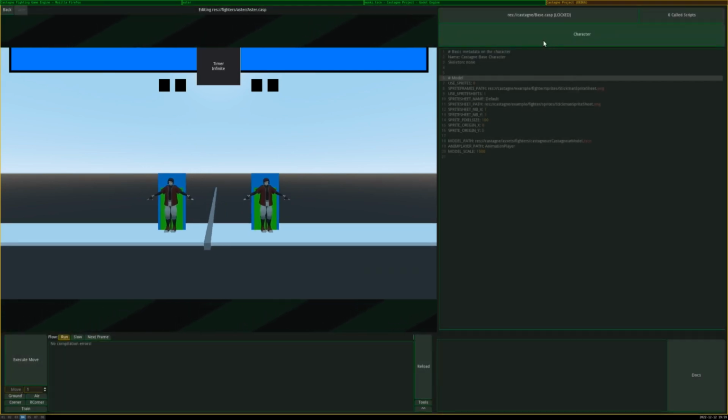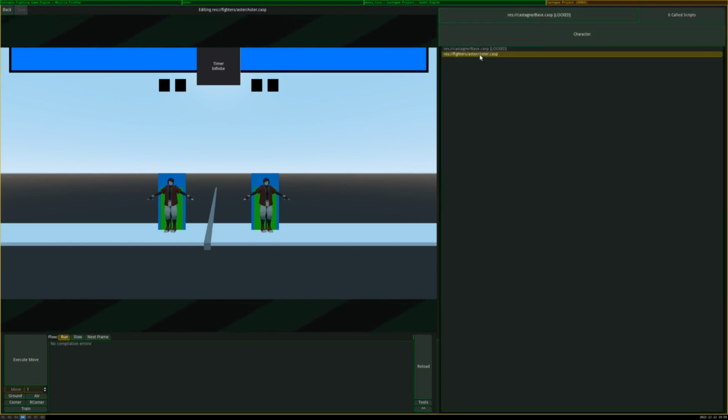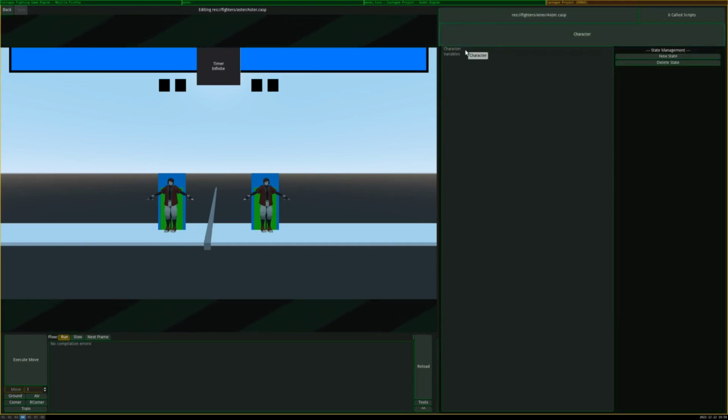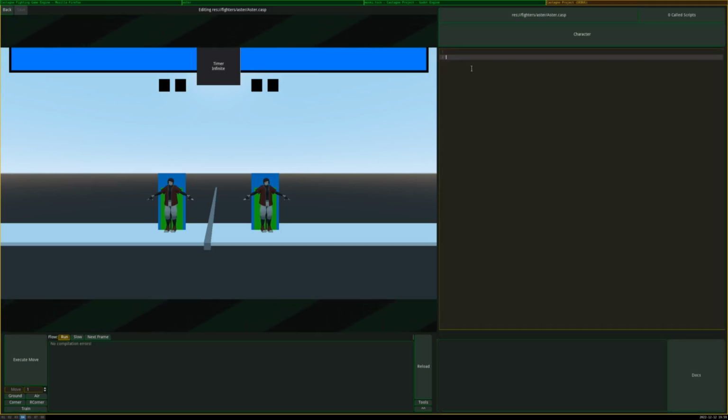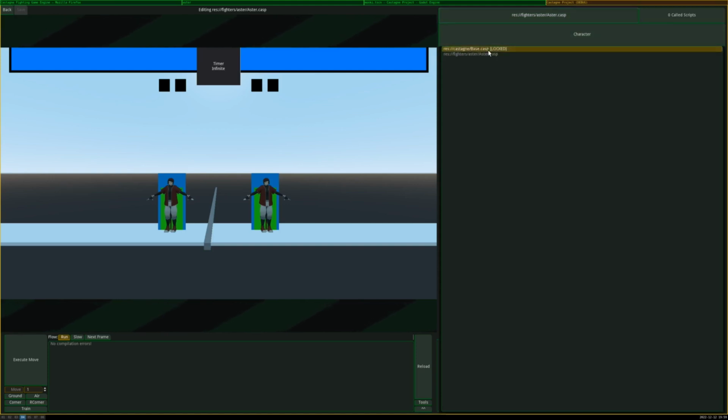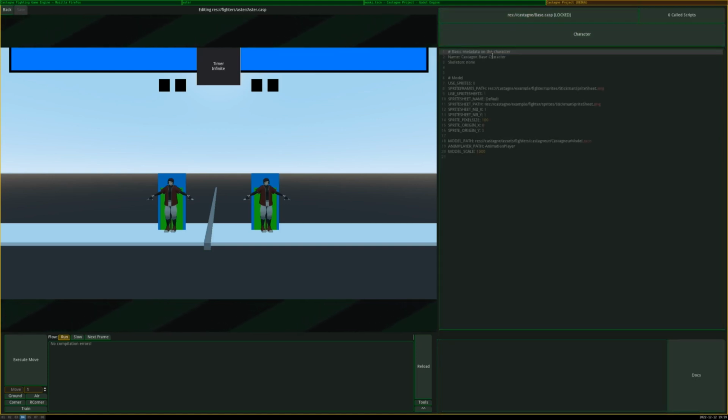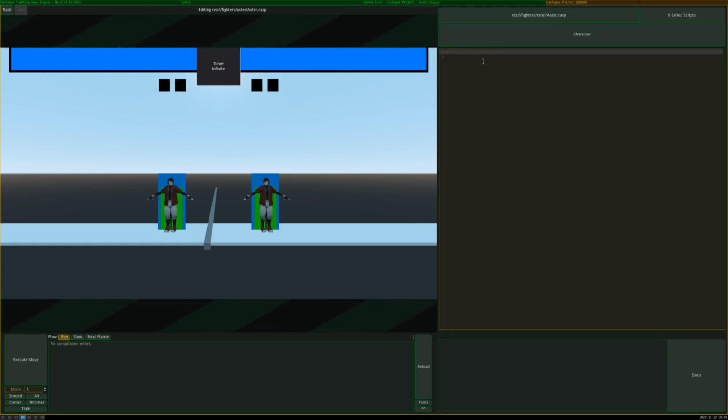But we want to get started by telling it to use sprites and then to load all sprite sheets. So we need to change one of our blocks. We have the character block and the variables block. The character block gives some various data, and we want to override some of the stuff we find in the base.casp file. Here we see exactly what we need, which is use sprites and the sprite sheet path. So let's